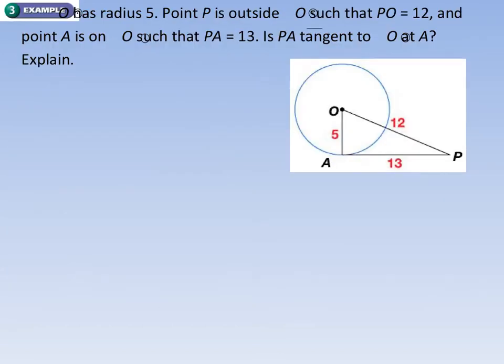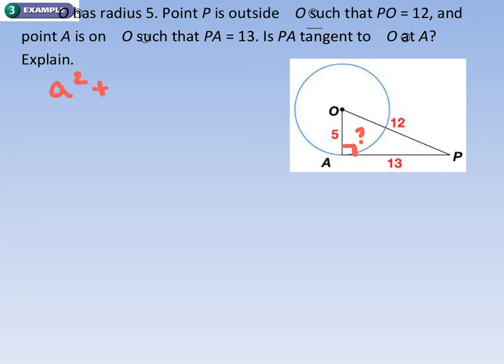Now in this example, it says that we have a circle with the radius of 5. Point P is outside the circle, such that PO equals 12, and point A is on circle O, such that PA equals 13. Is PA tangent to the circle O at A? Now we want to figure out if it's tangent. We know that in order for it to be tangent, this has to be a right angle, but that's what we don't know. Now normally, in order to solve for a missing side in a right triangle,